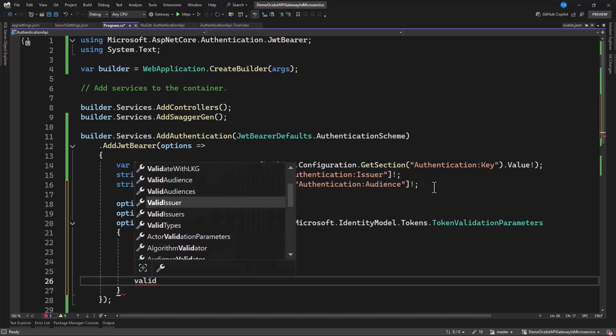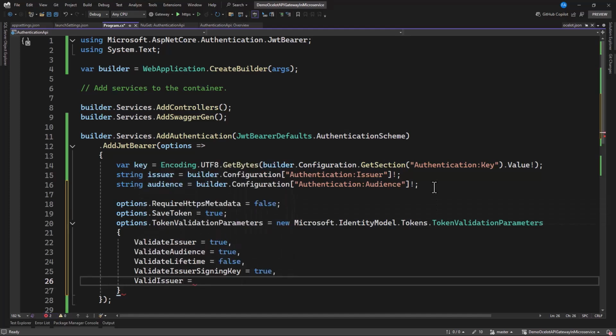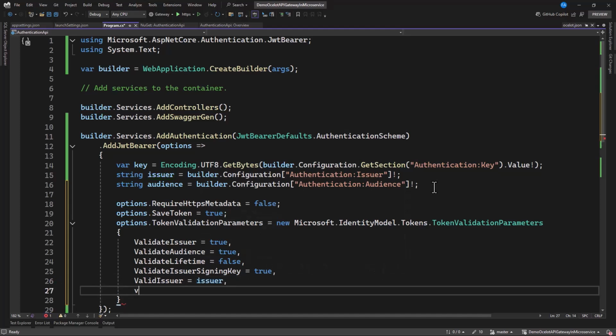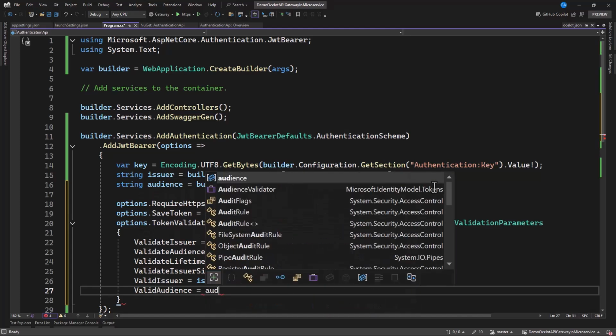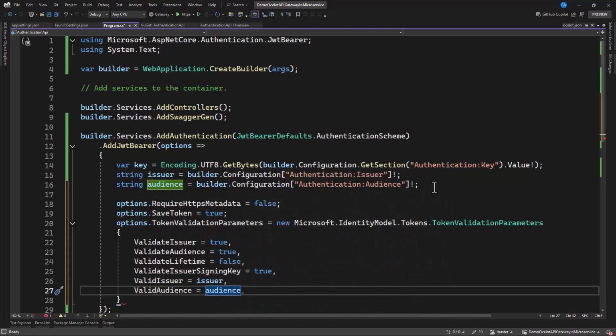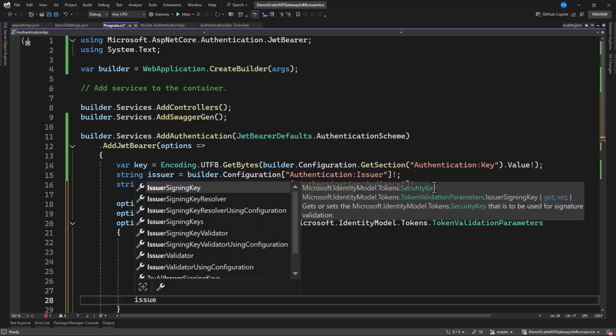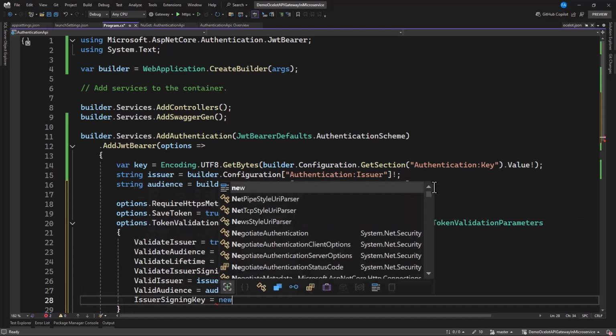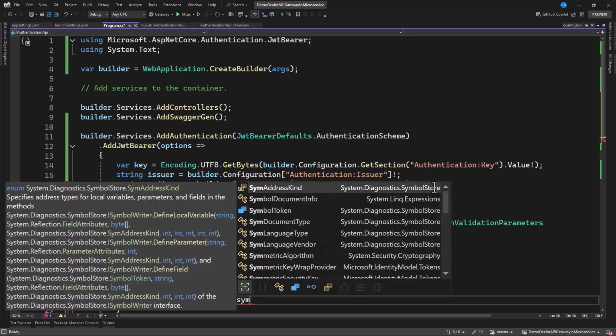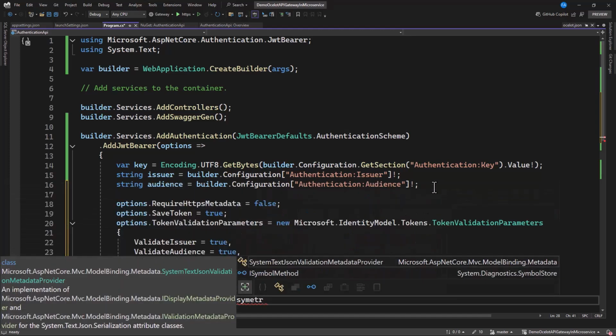So ValidIssuer is equal to the issuer that we have, and ValidAudience is equal to the audience that we have as well. And the last one, let's specify the IssuerSigningKey, and that's equal to new SymmetricSecurityKey.